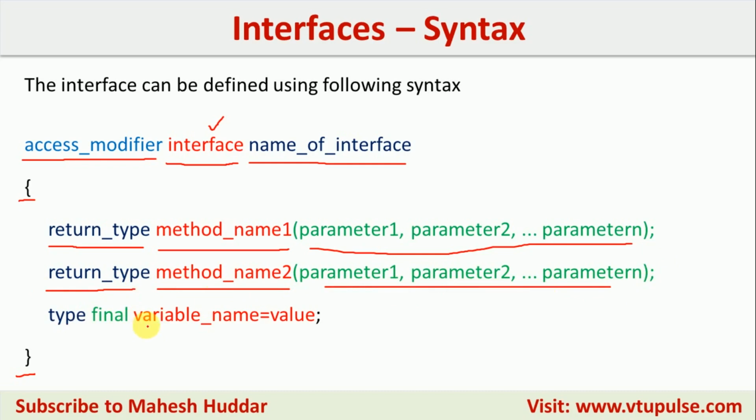And finally we have one variable here. We need to mention the data type of that one. It should be mentioned like final, the variable name, and we need to assign some value. You cannot create a normal variable. It should be a final variable or a constant variable in this case. But one thing you need to remember, whenever you implement this particular interface, whatever the interface you have created, all the methods should be implemented in that particular class. If you implement only one method or only the second method, you will get an error. You have to implement all the methods. So that we will discuss later when we come to the implements keyword.